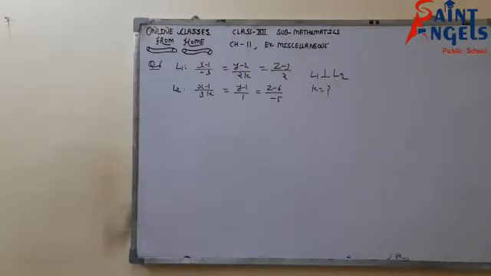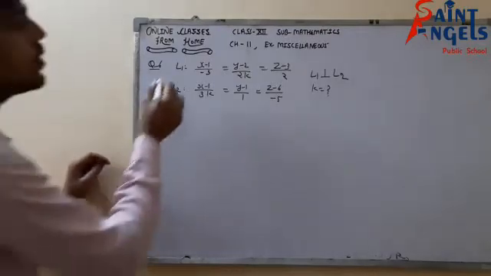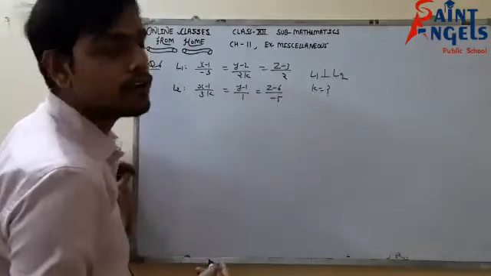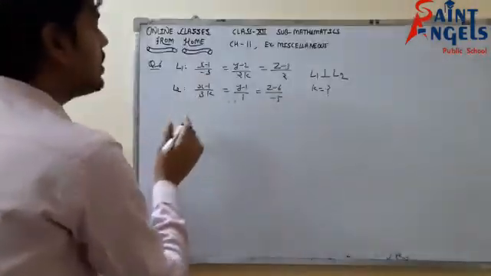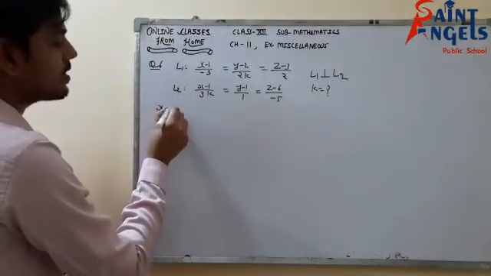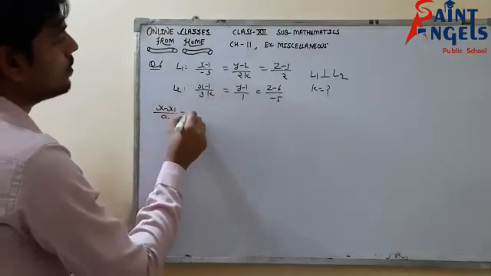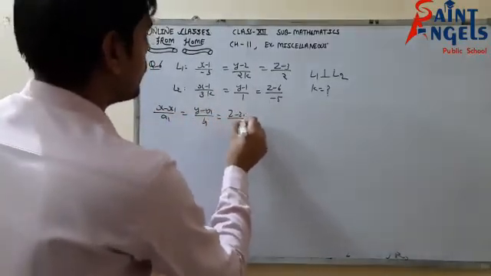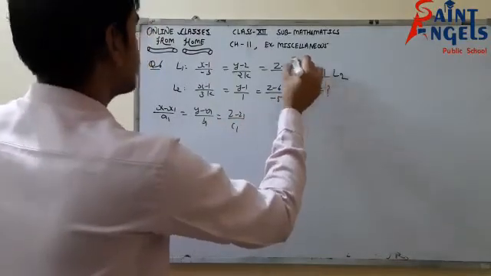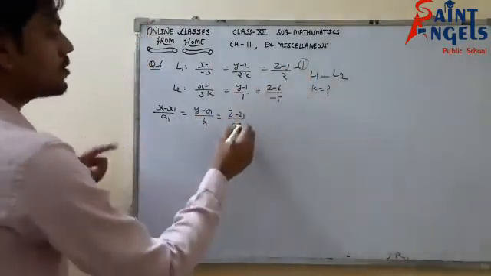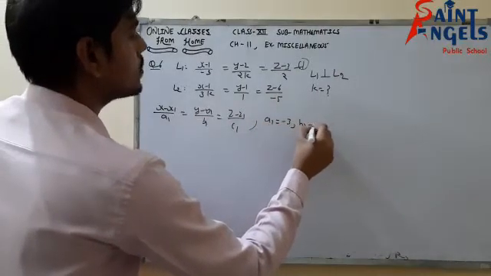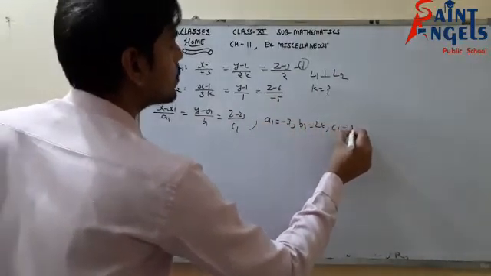Now look at question number 6. In question number 6, we are given two lines and told that these lines are perpendicular, then find the value of k. Compare these lines with the standard equation (x minus x1) upon a1 equals (y minus y1) upon b1 equals (z minus z1) upon c1. Comparing with the first equation, we will get a1 equals minus 3, b1 equals 2k and c1 equals 2.